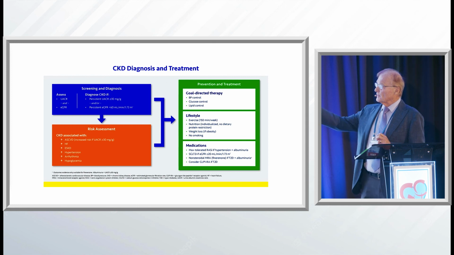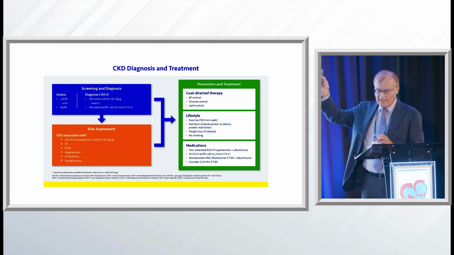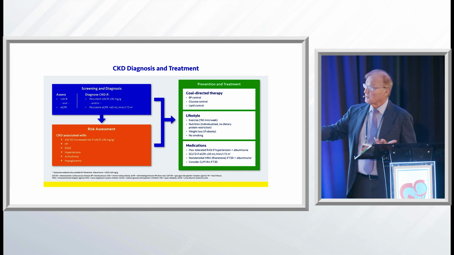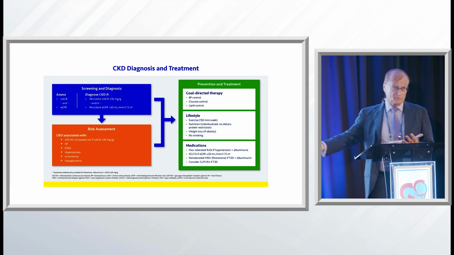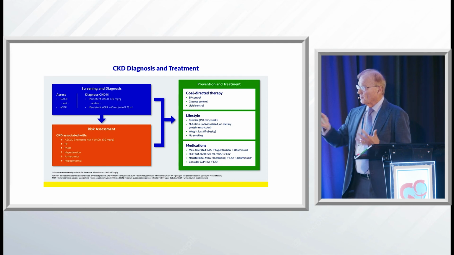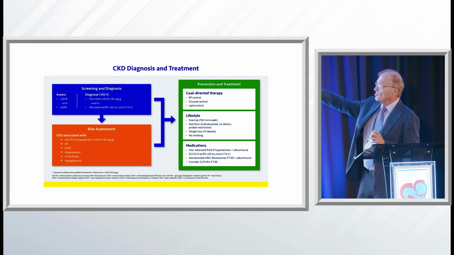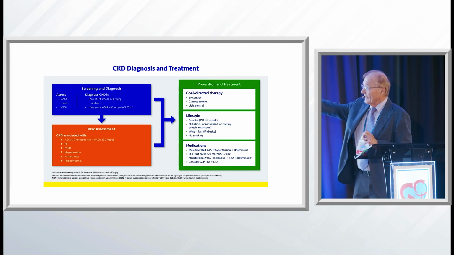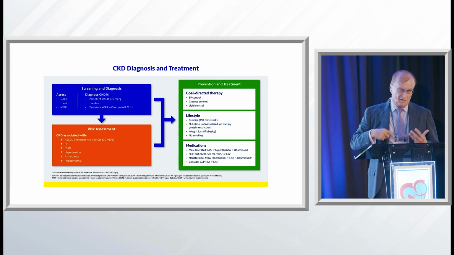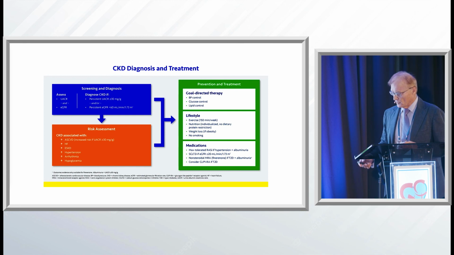So this is a recent guideline which pretty much tells you, if you like algorithms, to check albumin and check eGFR, both, in order to evaluate the patient. Then you have to do the risk assessment: what's the LDL, what's their blood pressure, and you go through all the things you can improve, what's the A1C with diabetes. Then you have the goals: blood pressure control, glucose and lipid control, lifestyle changes you heard so much about today. And then you have all the options of SGLT2 inhibitors, ACE inhibitors, and for the residual risk, the use of finerenone.